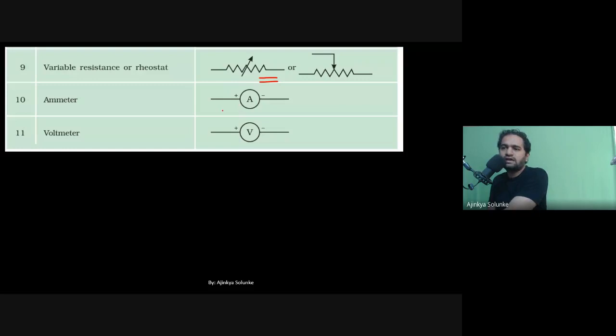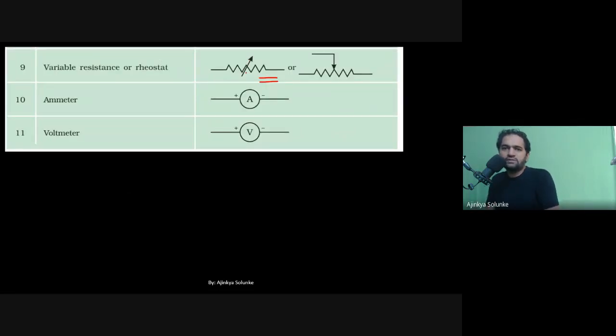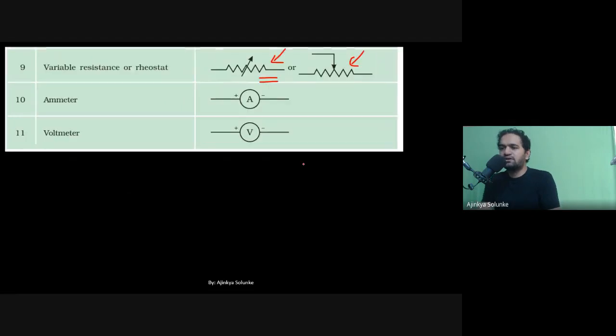So what we will do is, first we will understand the topic of resistance in Ohm's law, and then we will see the difference in the use of these symbols. The first symbol is this, when this is used, and what is the difference between them. So is it okay that the symbols of 8th and 9th we are going to revisit after seeing Ohm's law? When we deal with Ohm's law, only then we will be able to come back to this position and learn about this. It will be easy for you to understand. Right now you have no idea about resistance, so it is very difficult to understand the symbols.